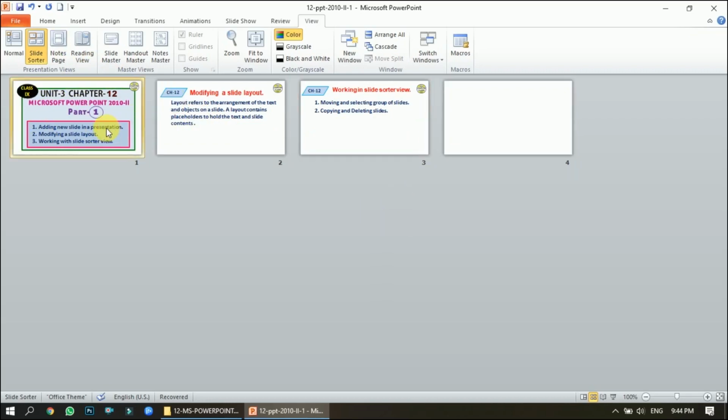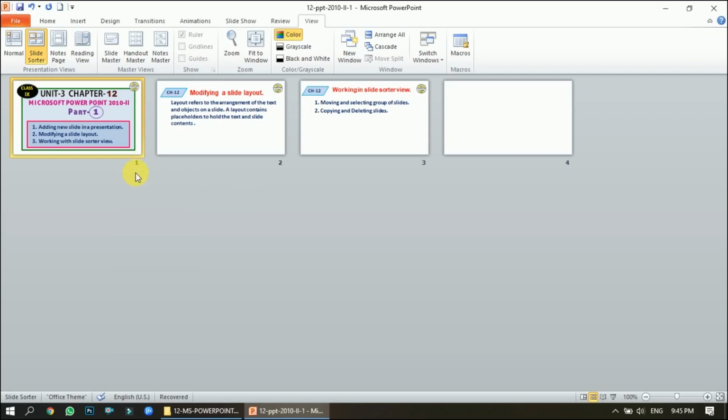Now if I click on a slide, it gets a yellow border outside. It means that this slide is selected for applying changes. I can apply the change on one slide or on all the slides depending upon the selection. If I select one slide, the changes will be on one slide. If I select multiple slides, the changes will be on all the slides, right?